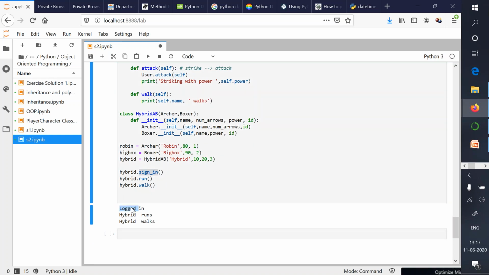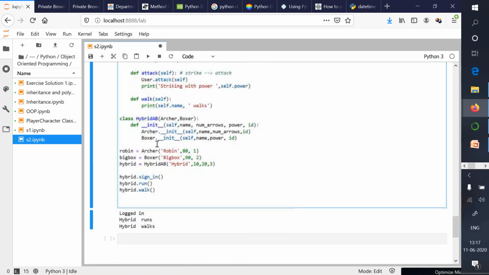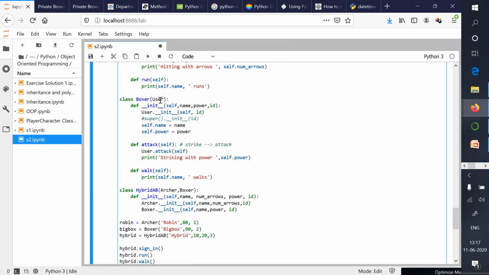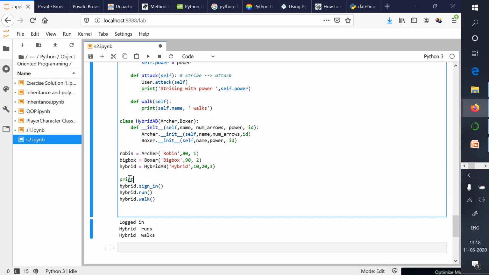Sign in, it is inheriting from the superclass, the user class. Run, it is inheriting from the archer class. So this hybrid player has the ability to run as well as the ability to walk, and this walk functionality is coming from the boxer side. So in that sense, hybrid is a hybridization of the archer player and the boxer player. And if I try to print the ID, let's say